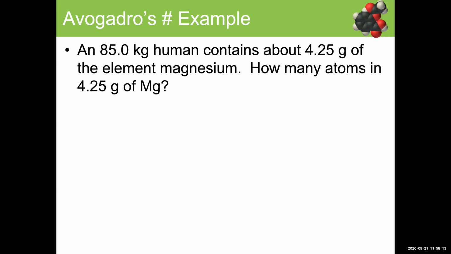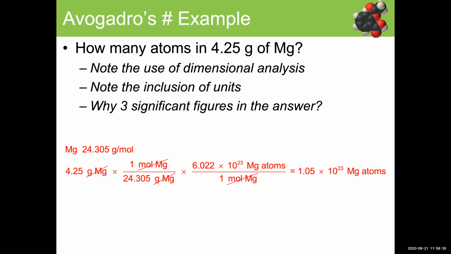Okay, so here is an example of how Avogadro's number is used. If an 85 kilogram human contains about 4.25 grams of magnesium, how many atoms are there in 4.25 grams of magnesium? The key here is that we like to work in moles. So this is an example of where we use dimensional analysis to change from grams of magnesium to atoms of